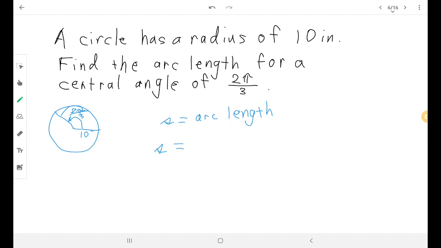So s, the arc length, equals the radius times the angle in radians. So r is the radius, and this is lowercase theta, and it is the angle, or maybe I should even say the central angle,